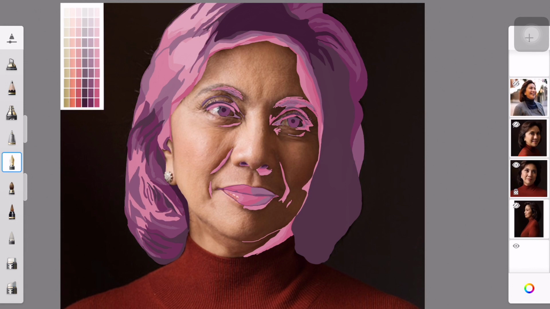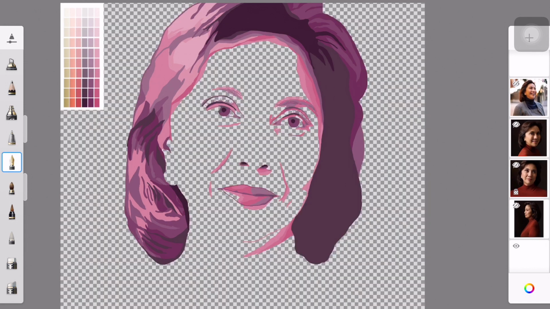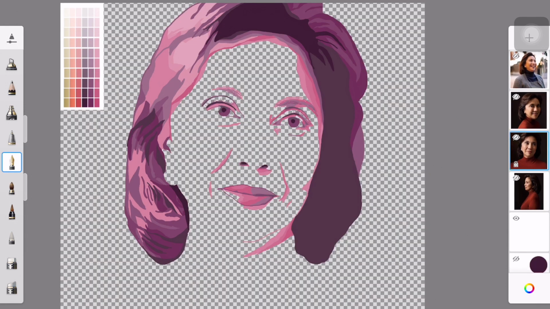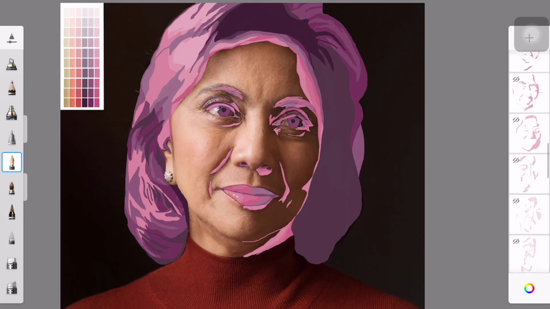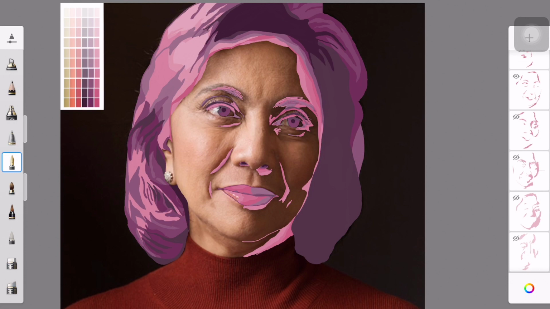Ano bang mas dark dito? But over time, you'll get it. Just believe in yourself, and if you need to take a step back, click hide here and you'll see how it's going. Alright, so jumping back into our drawing, we will proceed into the lightest